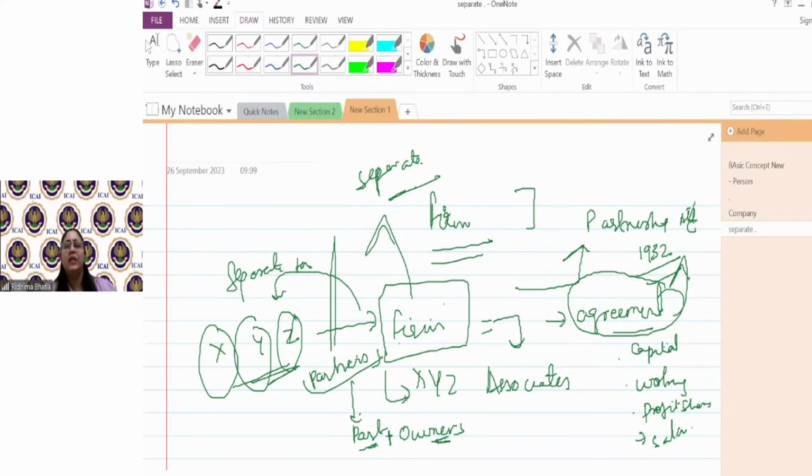अब फॉर्म में एलएलपी भी आता है, लिमिटेड लाइबिलिटी पार्टनरशिप एक्ट में भी अगर आप रजिस्टर्ड हो तो यू विल आल्सो देन बी कॉल्ड एज फॉर्म. फॉर्म इंक्लूड्स बोथ पार्टनरशिप फॉर्म एंड एलएलपी. यहां तक कोई डाउट? सन इन लॉ मेंबर होगा बट वो को पार्टनर नहीं होगा. फर्म एंड कंपनी, फर्म अगर 7 लोग मिलके कैपिटल डाल के अपने आप को कंपनीज एक्ट में इनकॉर्पोरेट कराते, ये फॉर्म ऑफ कंपनी. कंपनी अगर आप नहीं इनकॉर्पोरेट करा के बट एक अग्रीमेंट के थ्रू पार्टनरशिप में जाते हो एंड उस पार्टनरशिप को पार्टनरशिप एक्ट में यू गेट इट रजिस्टर, दैट इज कॉल्ड अ फर्म.